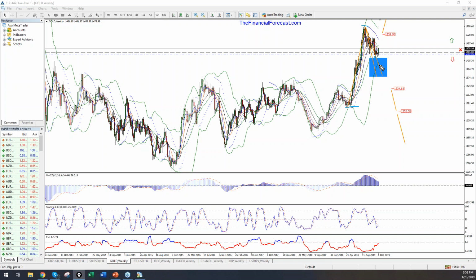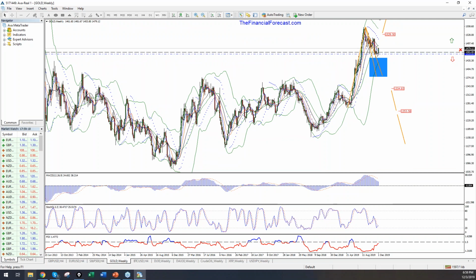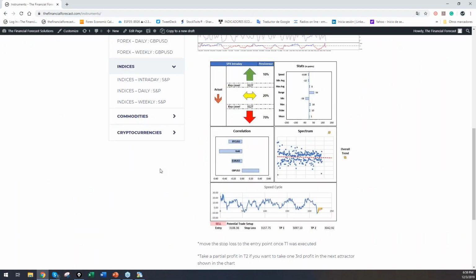And really we have a chance of these sequences ending and increased chances of being in a new sequence to new highs. Keep in mind this key level, 1529.50, in the weekly time frame. At the moment that we see the break of this level, that means that we open the next bullish attractor, and prices should be moving first to this area in 1590. Okay, we have to check the trend for the gold